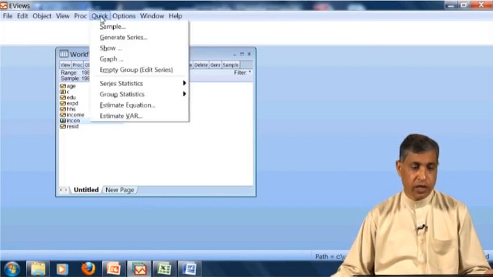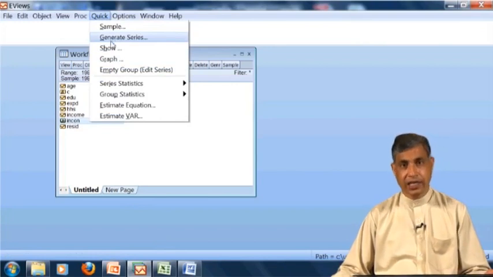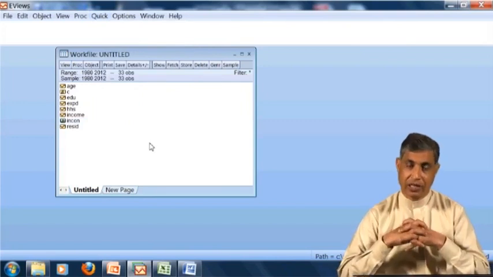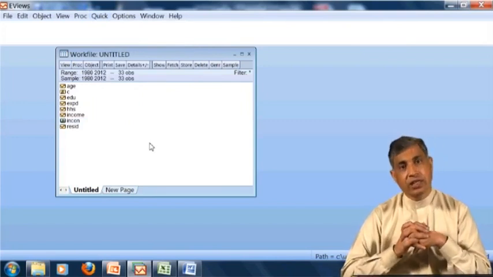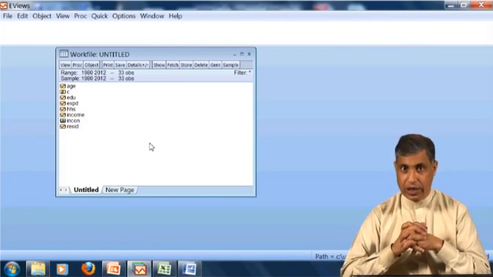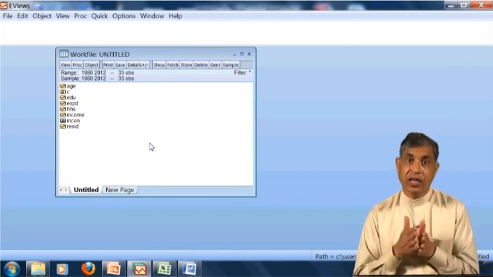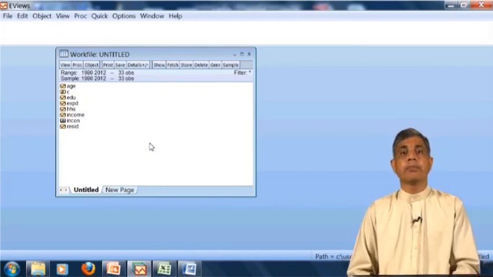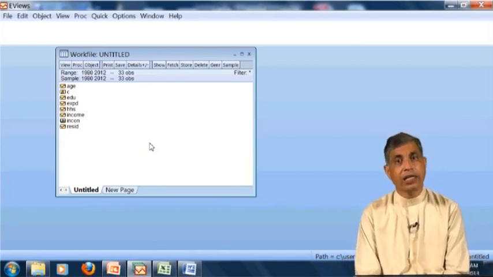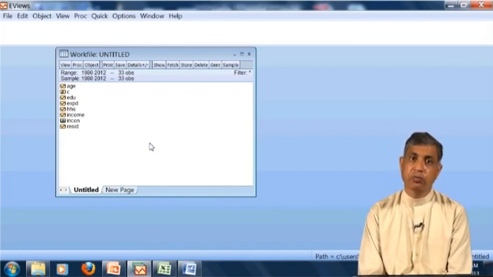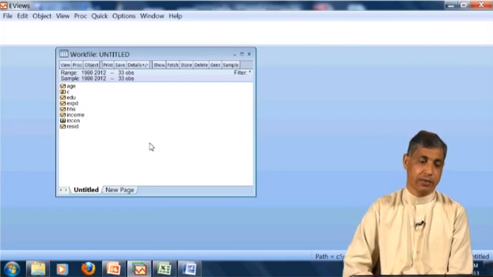So if I go to Quick, here is an option, Generate Series. Before going to Generate Series, I would like to show the correlation between the values, because our first quantitative technique was correlation. Even rather than correlation, there is another simple measure, the descriptive stats: mean, median, mode of any variable.